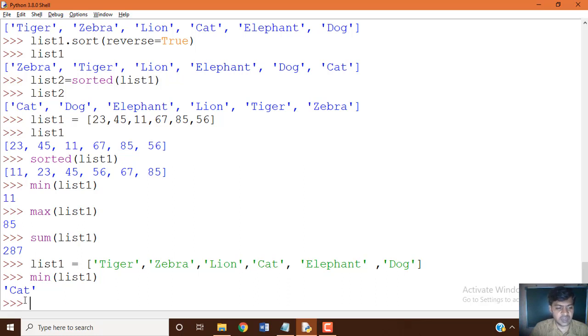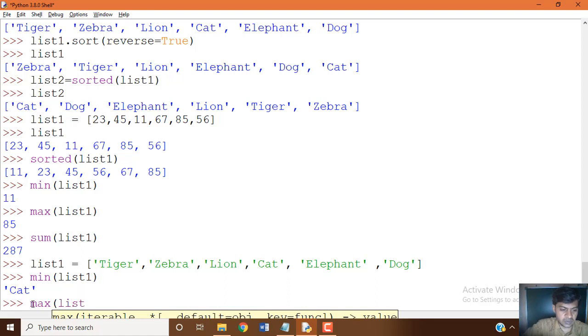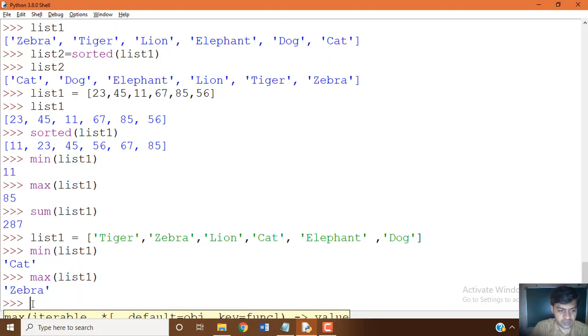That's why we got cat as the output. In the same way, maximum of list 1, which means zebra should be the output. Yes, but sum will not be calculated here, I think, because these are not integers or floating values. When you apply sum, you may get an error.